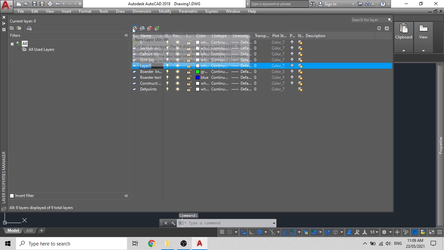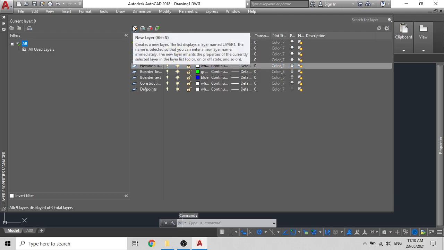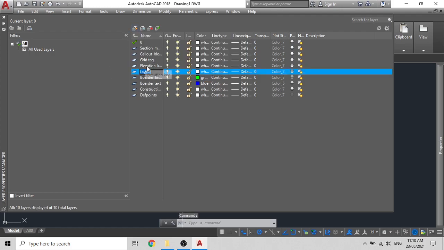The next layer that we will create will be an elevation key. Remember, consistency is important. And the last layer that we will create will be a detail descriptor, or we can say just a simple call out. Detail